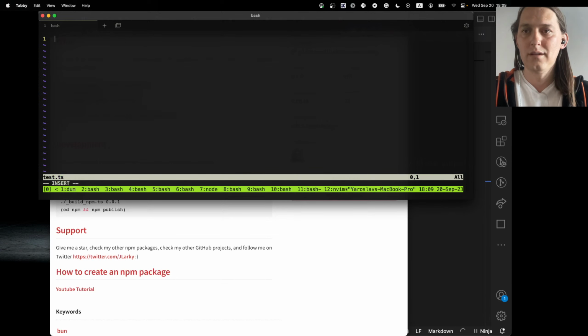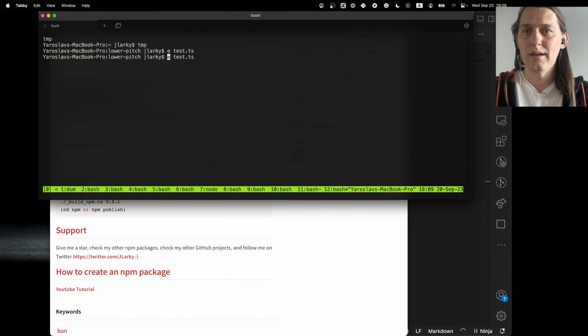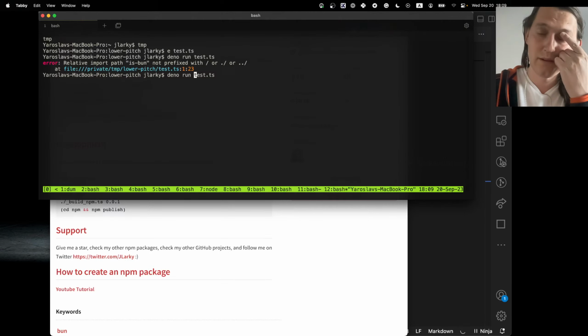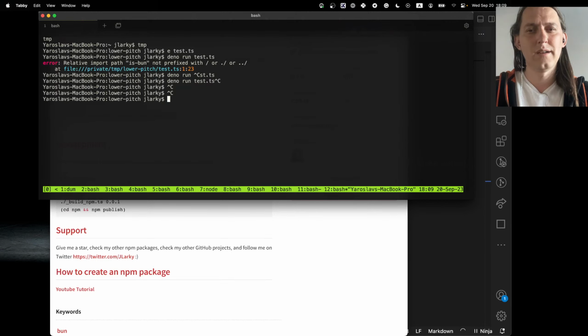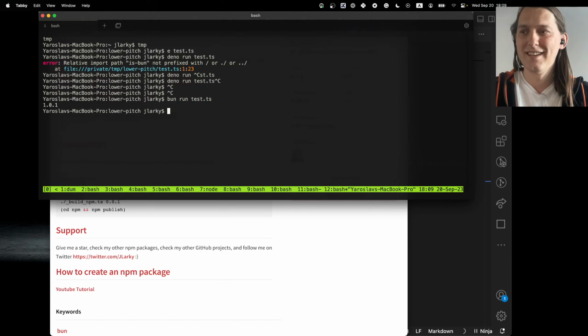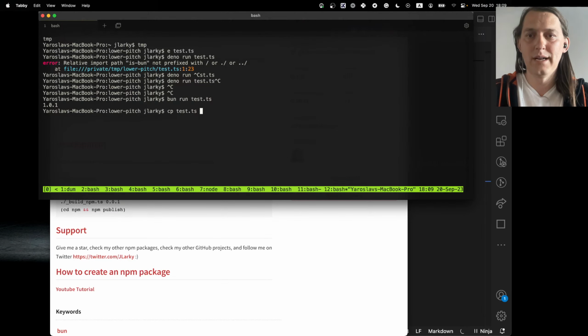Say test.js. Put that code there. I can deno run. Interesting. Deno is not perfect. Okay, I'm not sure what I was expecting there, but I can bun run. It works, and I can copy that file to